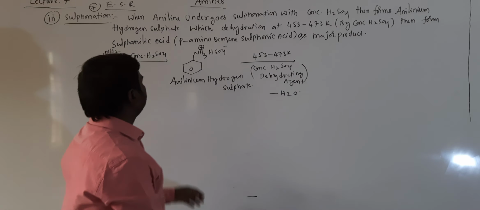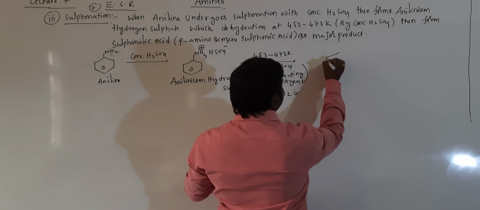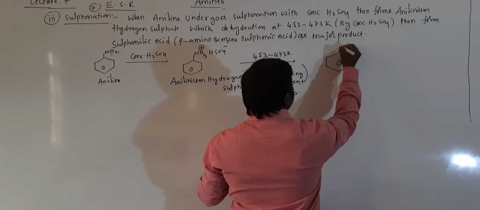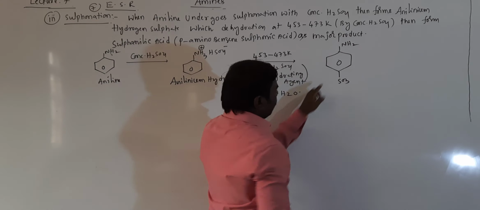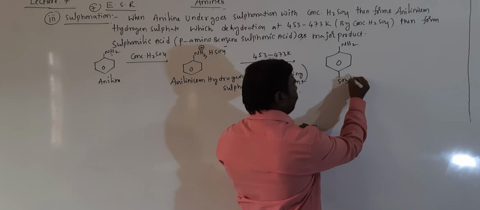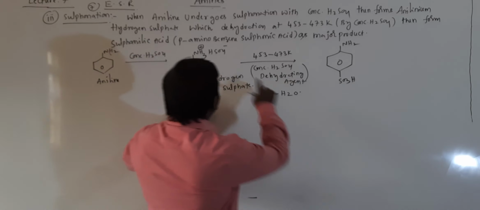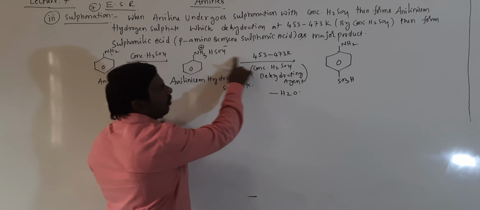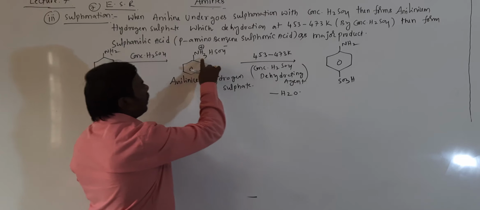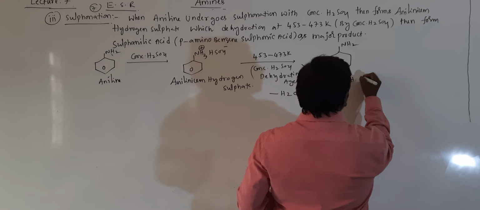So H2O eliminated, then NH3 plus, H removed. SO4H left. Here hydrogen SO3H. One oxygen and two hydrogens removed as H2O. SO4 modified as SO3. NH3 modified as NH2. It is sulfanilic